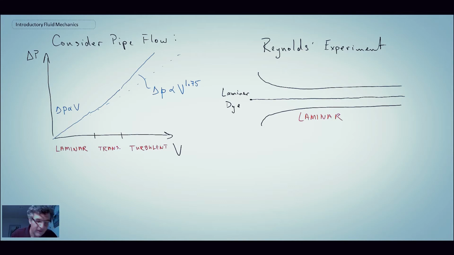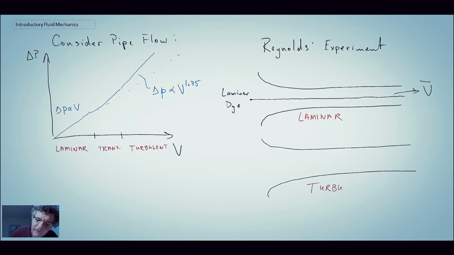And when he would do the experiment by increasing the flow rate, which would drive the average velocity in the pipe up, I'll draw this again. So as he increased the flow rate and he went into the turbulent regime, what he would find